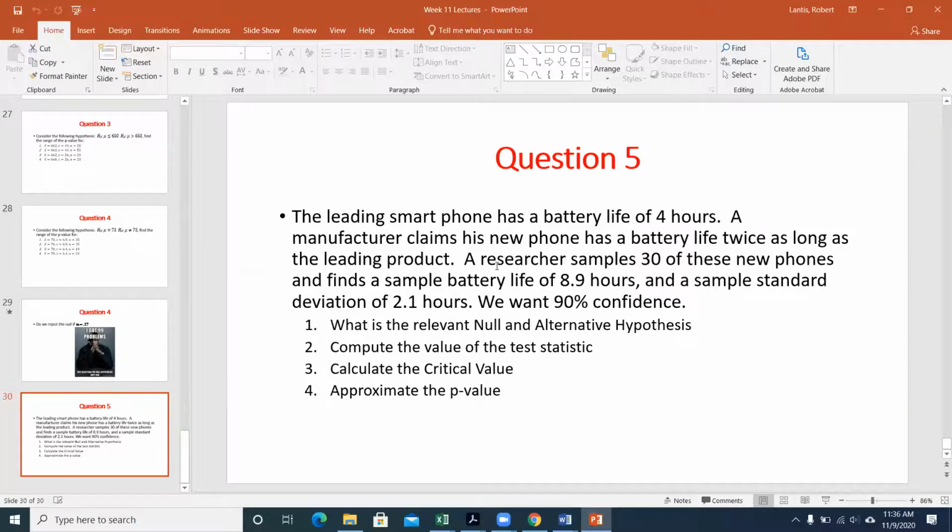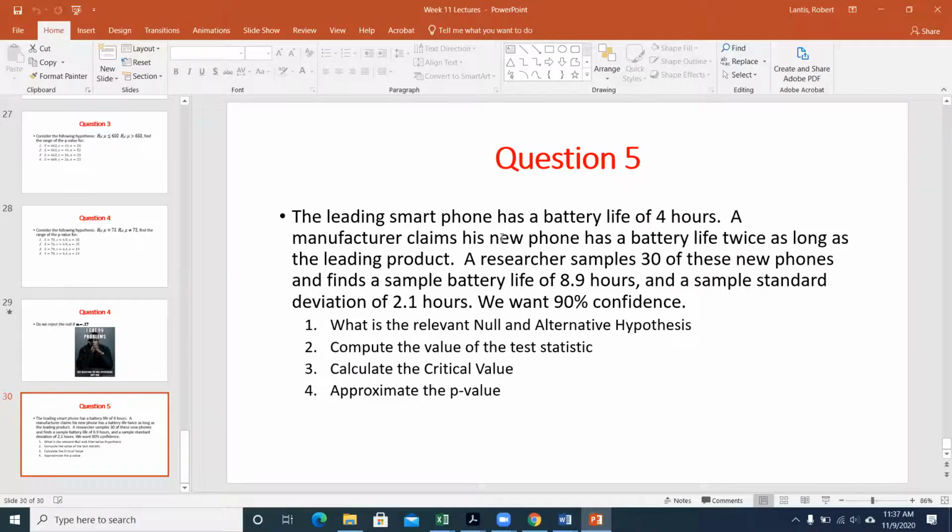The manufacturer claims the new phone has a battery life twice as long. The researcher samples 30 phones, finds a sample battery life of 8.9 hours and a sample standard deviation of 2.1. Right? So we want a 90% confidence level. Right? So if we want to find whether or not these phones have,